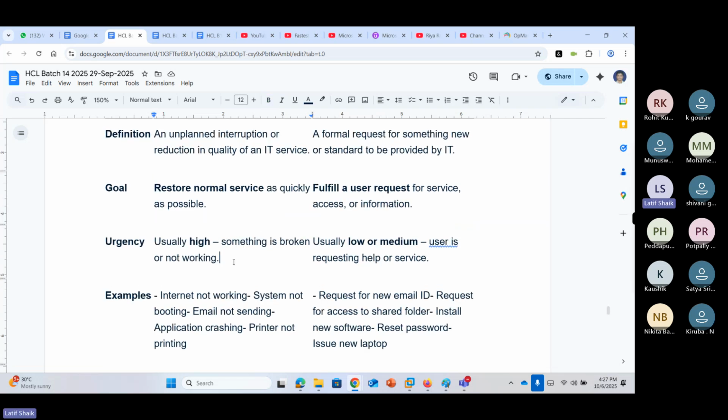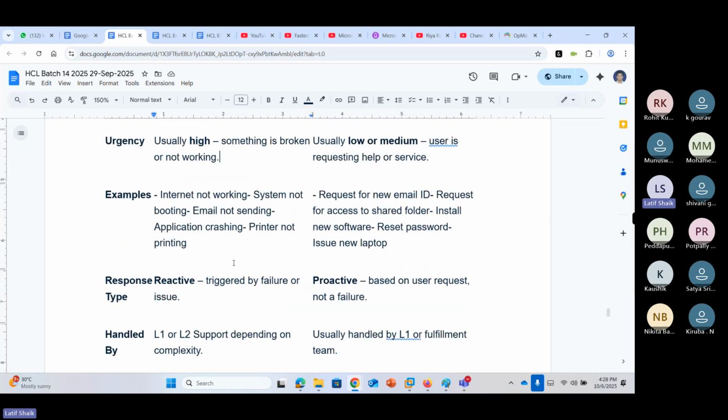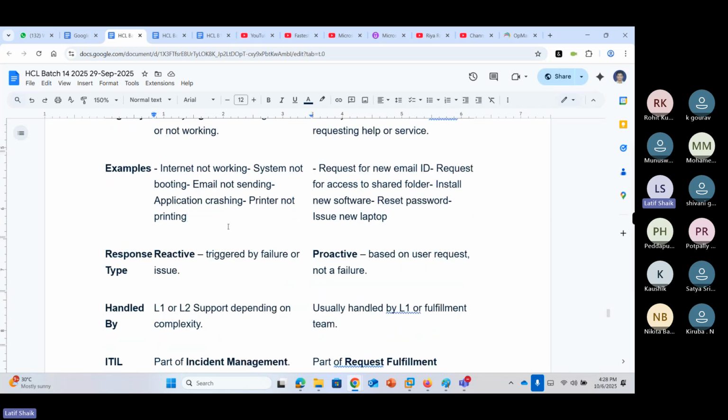Incident tickets usually have high or very high priority, because something is broken or not working. The priority for a service ticket is usually low or medium; the user requests help for a service. Right now they are working, but they need some kind of support.